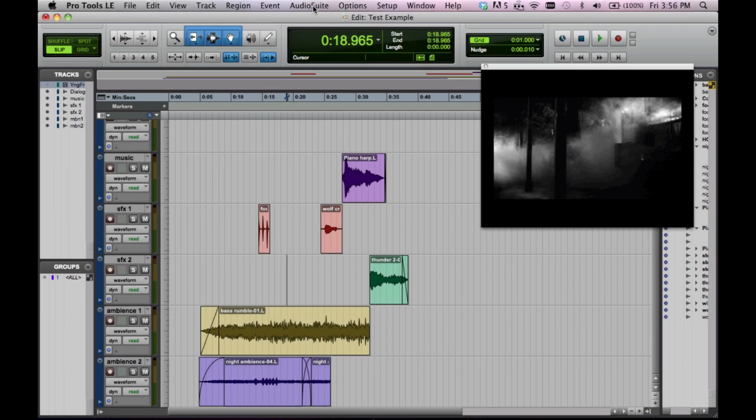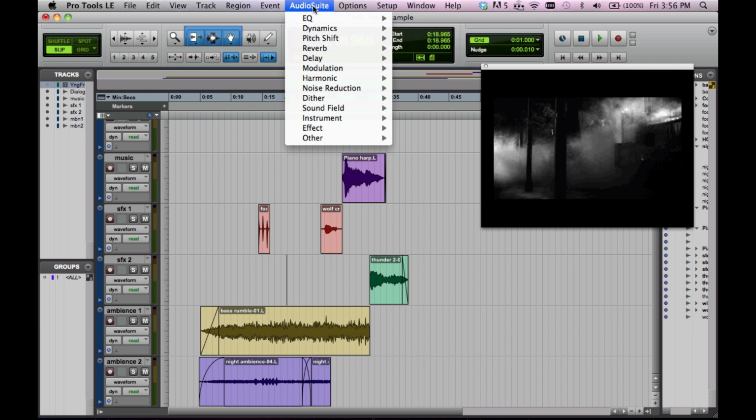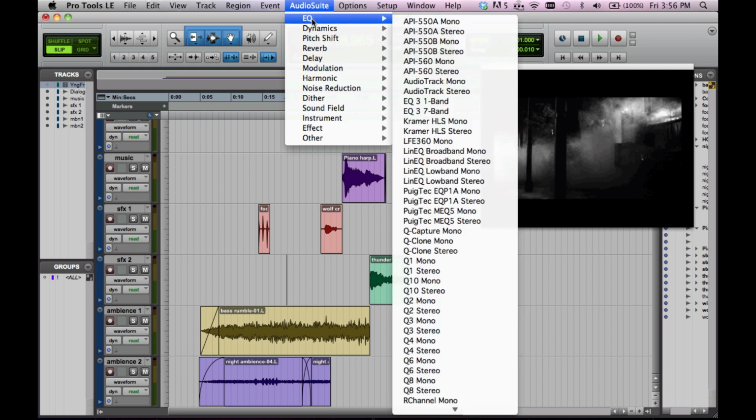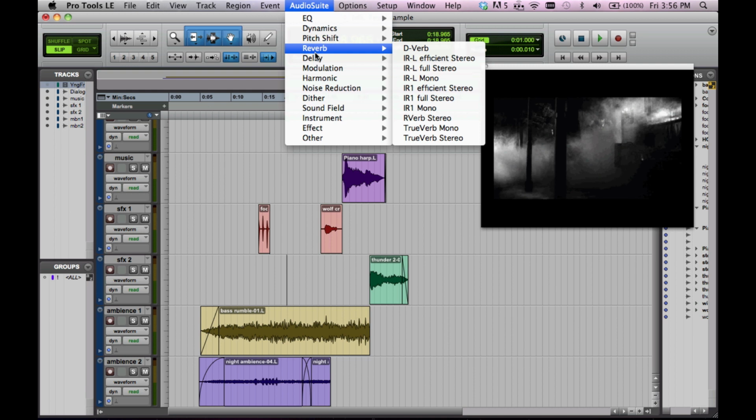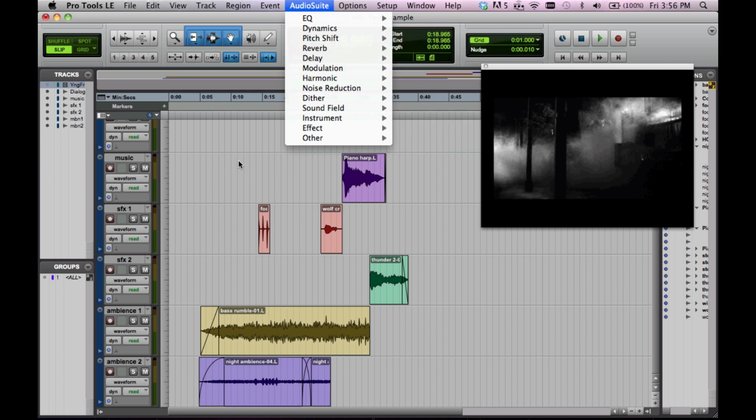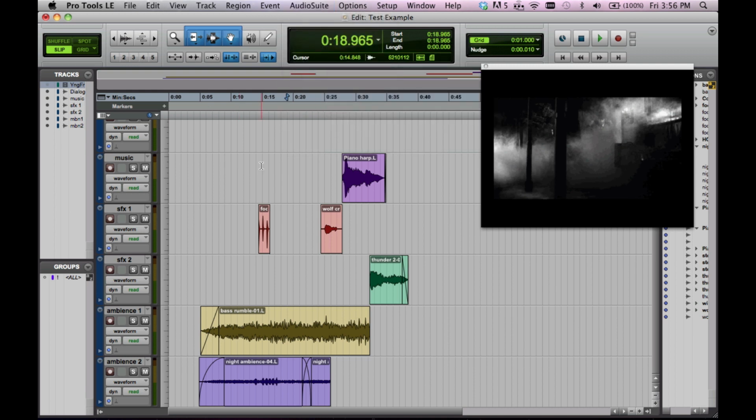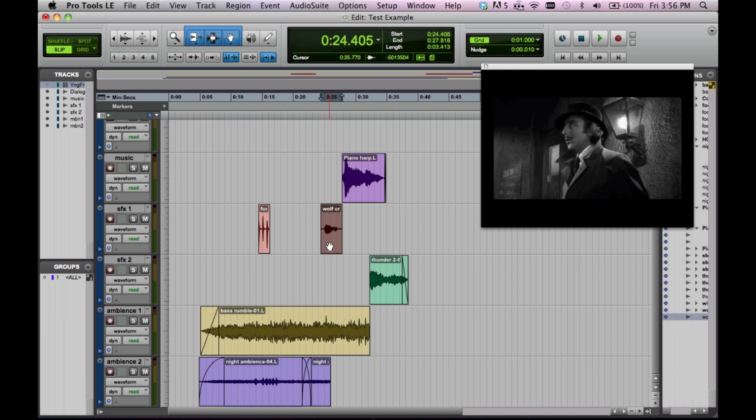The Audio Suite's a great tool. You find it up here at the top. It will change the nature of some of the audio that's in your timeline. The one that I use the most is the EQ, and I use the reverb a lot. Now there's all kinds of extra plugins. As you saw, I have way more plugins that I use, but let's take and make a wolf cry and